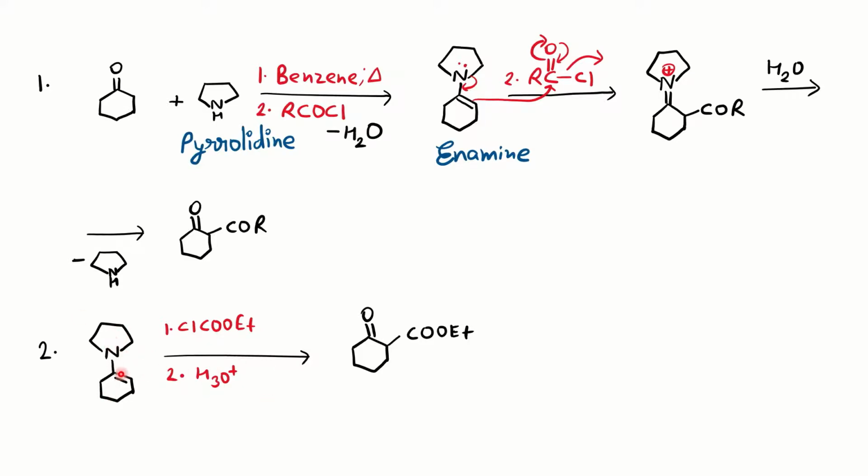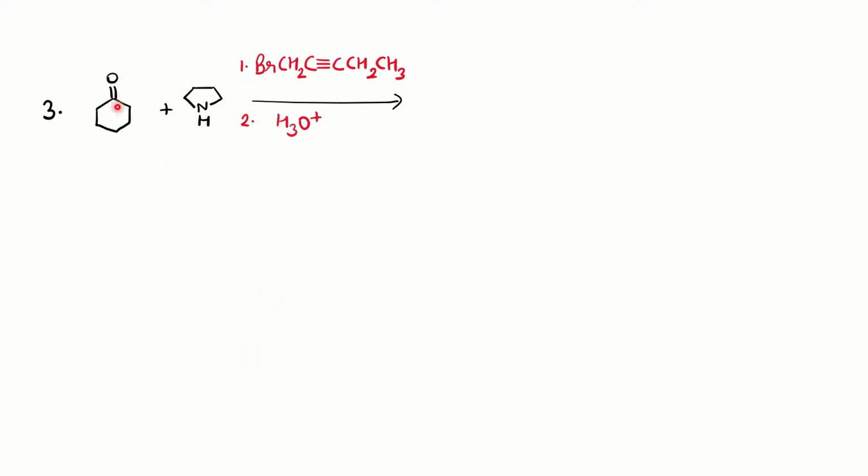So you can see here the enamine alpha-substituted product you will get directly. So this is a trick also. If you guess that it is an enamine reaction, and you know that in an enamine reaction the alpha-substituted product is formed, then whatever reagent is given to you, you just put it on the alpha position by removing the leaving group. Okay, so now see the next problem here.